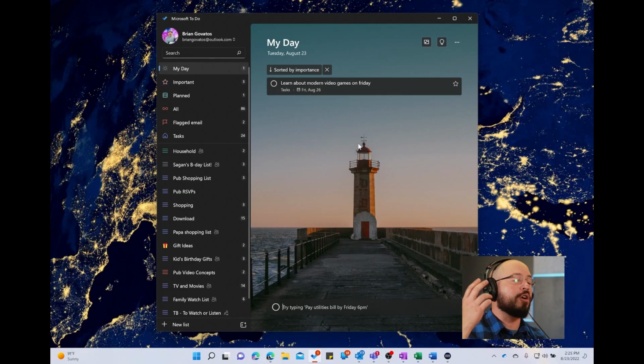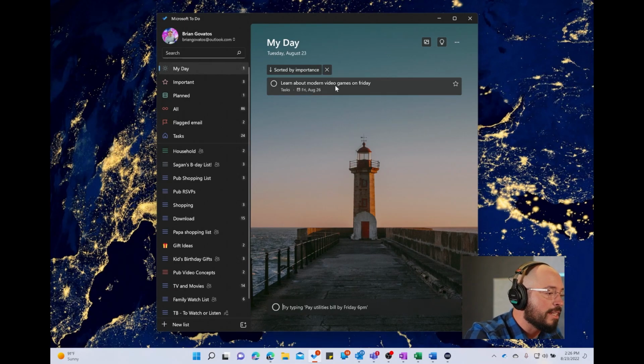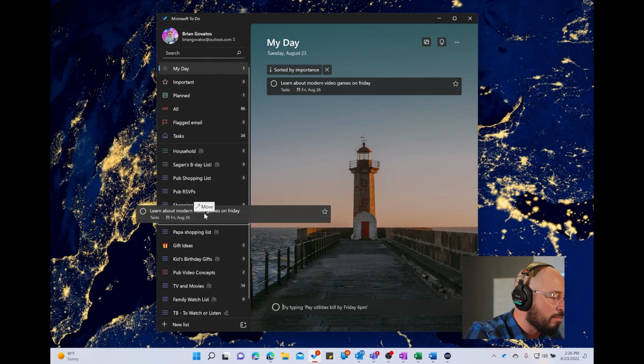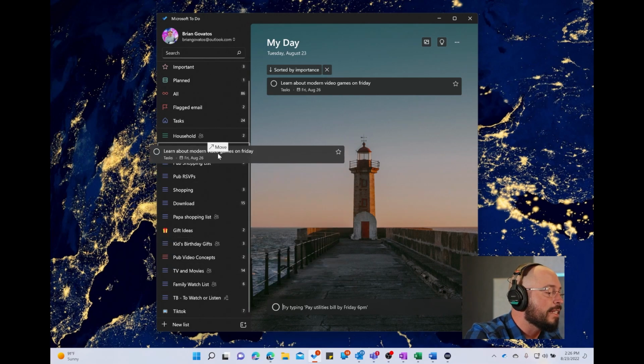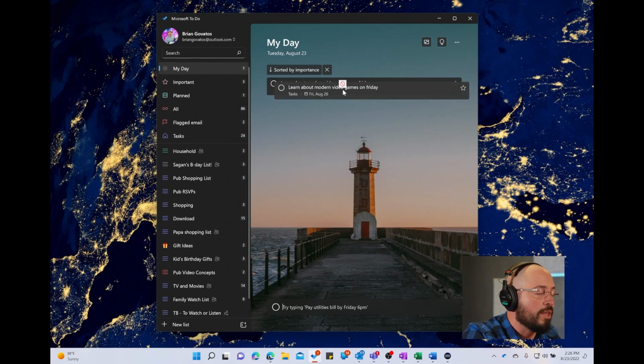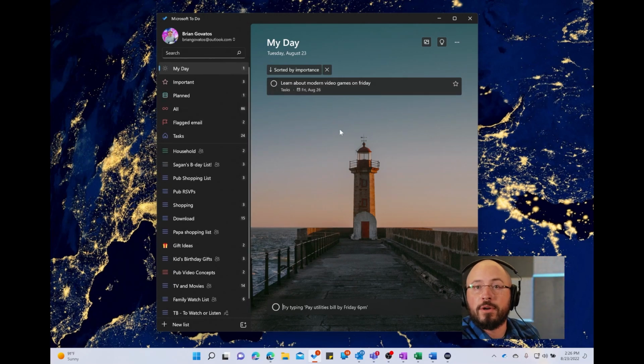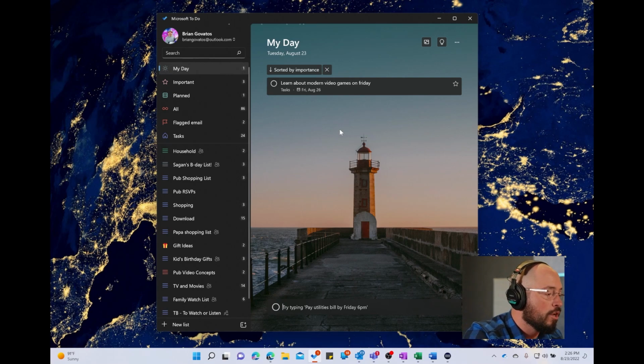So you don't have to go in and tap into different menus and remind me on this date at this time. Just type it out as you're capturing that quick task, and it'll be there and remind you when it needs to happen. I can drag this to a different list, maybe this is a shopping reminder, maybe this is a birthday gift. I can drag it into any of those subcategories. Maybe it's a show that everyone's talking about that I need to remember to watch. I can manage those to-dos so easily.